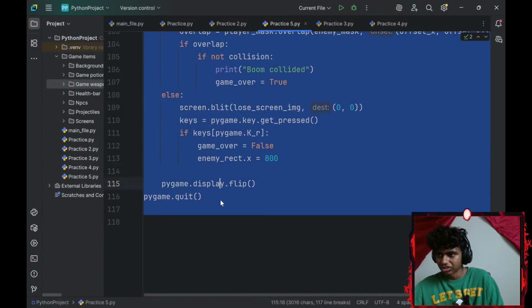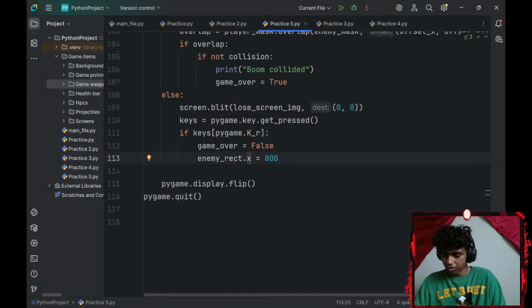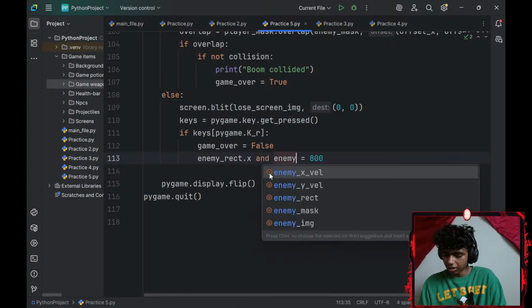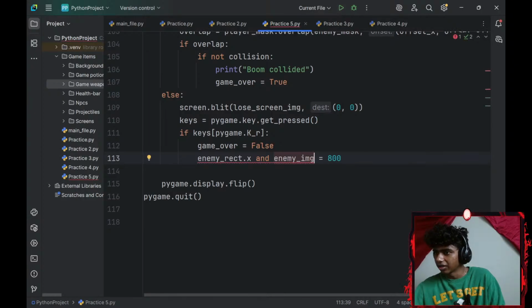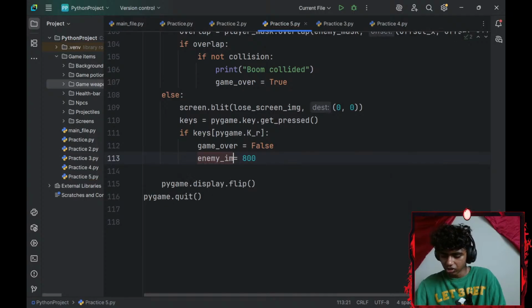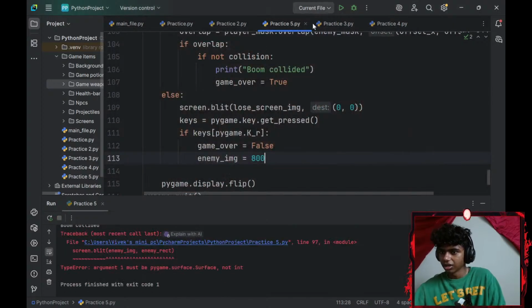Okay, let me go with Control A, Control C. Maybe I'll have to go with my enemy_image. And my enemy_image. There. Now if I run the command, okay, that doesn't make any sense. What if I just went with enemy_image equals 800? I don't think that makes sense because if I hit R, type error